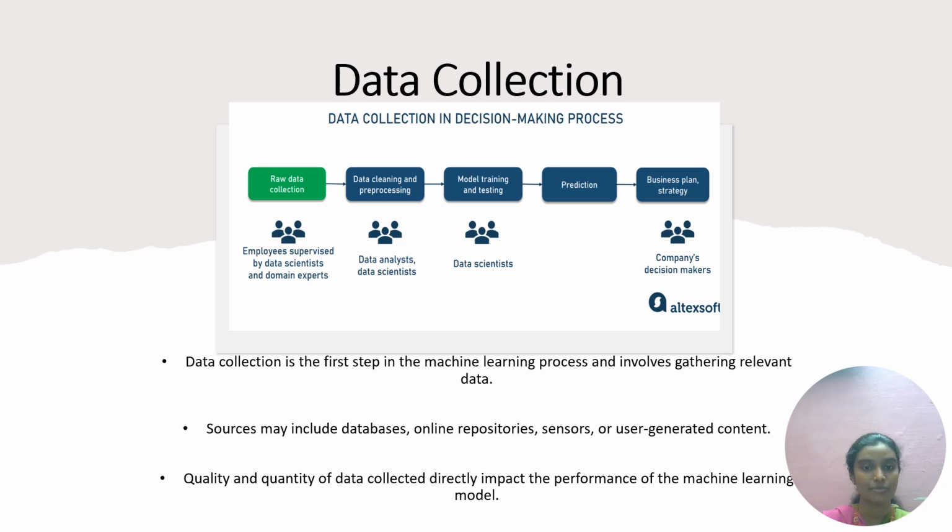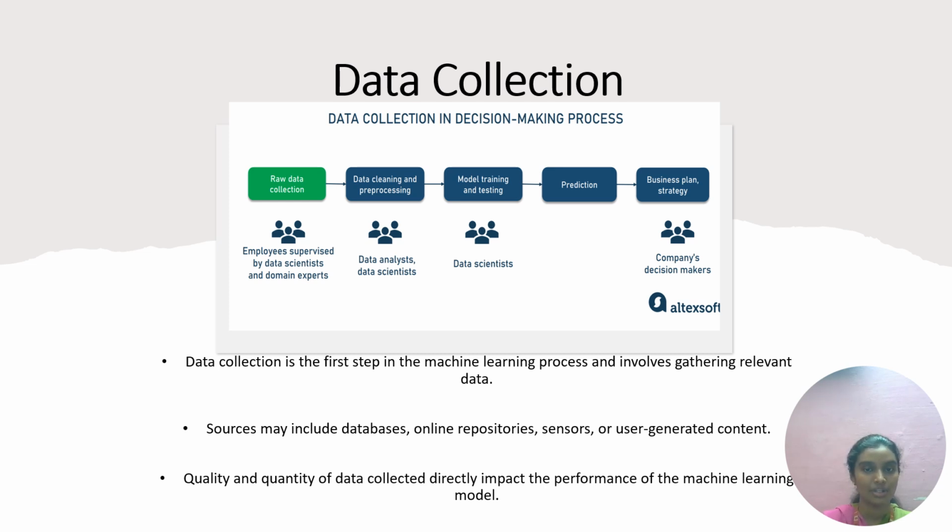The next step is model training and testing. Here, the data scientists work on model training and testing, and the next step is prediction: what the output will be when such inputs are inferred. And the last step is the business plan or strategy, where the model or system goes out